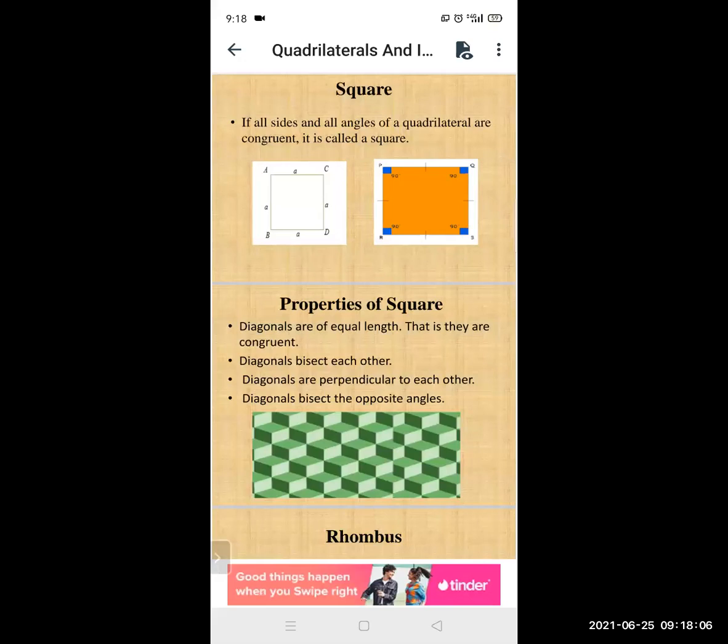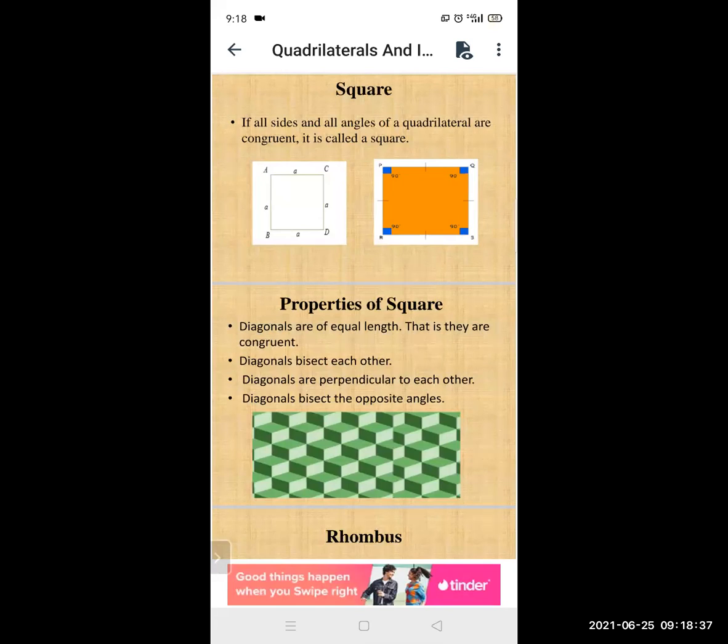Now, you can see that there are many similarities between square and rectangle. Here also the property was there that diagonals are equal. In a rectangle also the diagonals are equal. They are congruent. This is congruent, that is also congruent. Then diagonals bisect each other, there also diagonals bisect each other. Here they are perpendicular, there it is not given as perpendicular, but it is also perpendicular over each other.